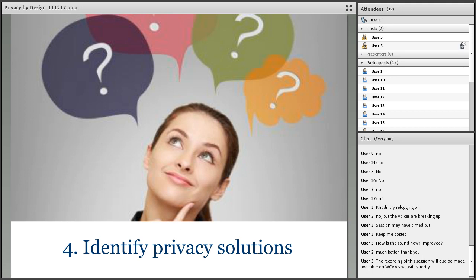When deciding on privacy solutions, your charity will need to consider whether the impact on privacy is proportionate to the aims of the project. Privacy solutions are steps which can be taken to reduce the privacy impact. So the aim of this stage, stage 4, is to balance the project's outcomes and aims with the impact that that's going to have on individuals. And this stage should really allow your charity to work out whether the privacy solutions have led to the privacy risks being completely eliminated, reduced, or simply just accepted by your charity.